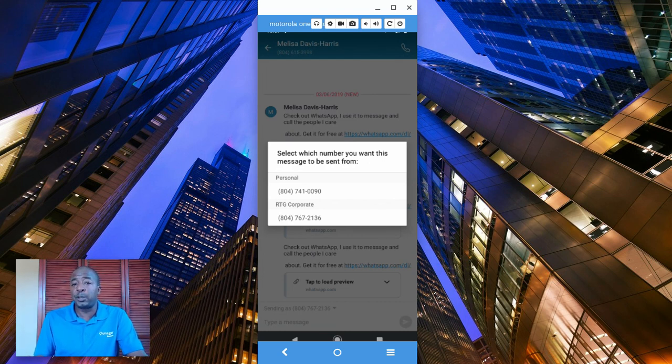This, coupled with Vonage Business's backend platform where you configure all this, allows you to not only text back and forth, but also send and receive calls from more than one number on the mobile app. The other thing that's nice about this is Vonage Business has a free feature included with